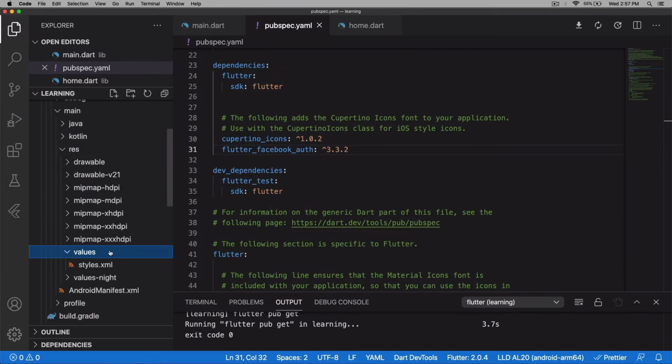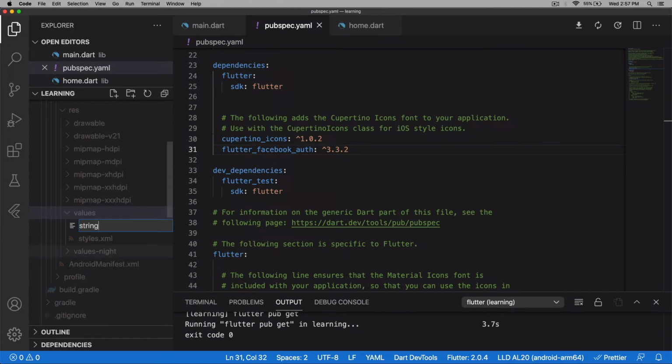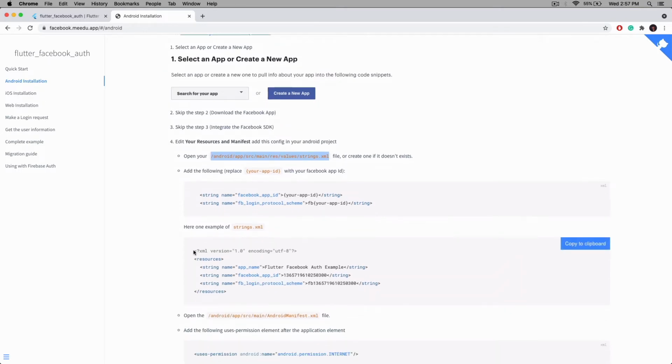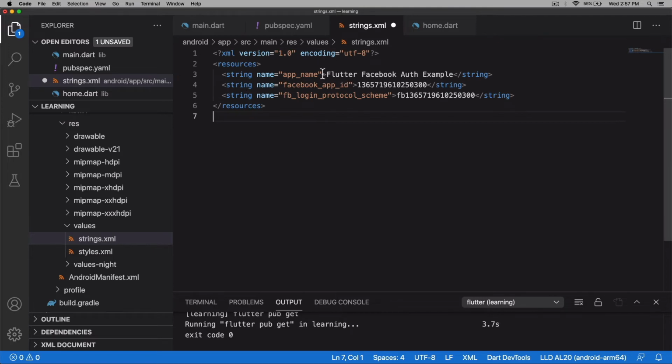Inside values, you have to create a new file called strings.xml. You can see the path here. Inside strings.xml, we need to copy this and paste it. You have to change your application name and the app ID.